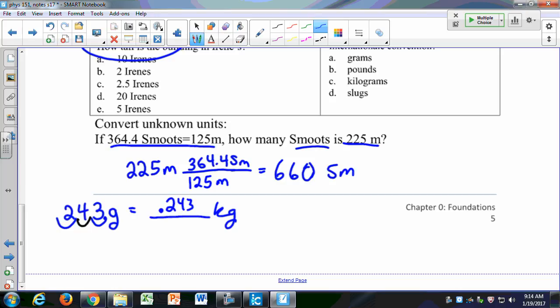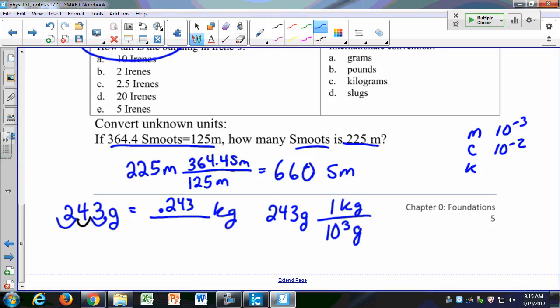But if you want to go through it more rigorously, you'd say 243 grams times 1 kilogram is equal to 10 to the third grams. That comes from the metric prefixes that you need to know. That is milli, centi, and kilo: 10 to the minus 3, 10 to the minus 2, and 10 to the third. And so that's where this 10 to the third comes from. And then this is equal to 0.243